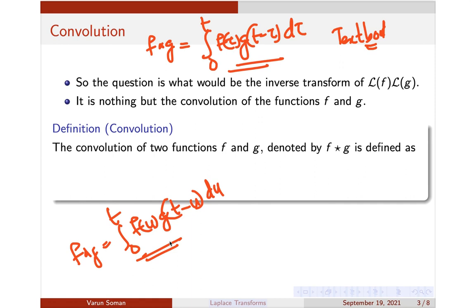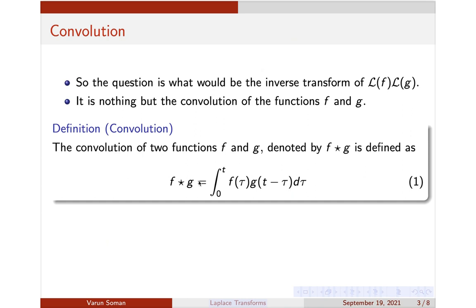Okay, so this is the definition of convolution. Just think of it as an operation. Once you compute this integral, you will get the convolution. Now let us do some problems so that we will know these better. Let me write it once again: f star g is simply the integral from 0 to t of f of u into g of t minus u du. The textbook definition is this, so you can go through it. If you want, you can use the tau notation also, but you may get confused with this tau and t, so that is why I am using the notation of u. So it is simply the integral from 0 to t of f of u g of t minus u du.